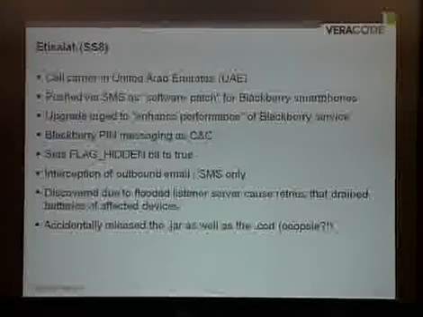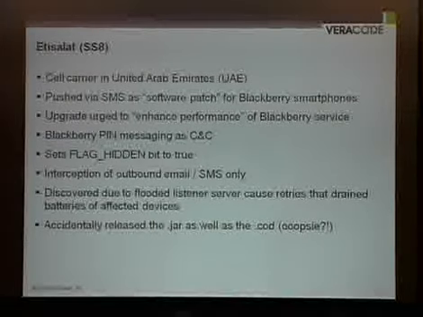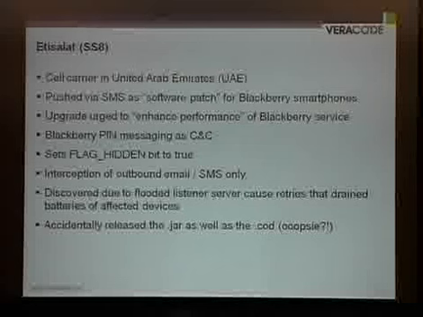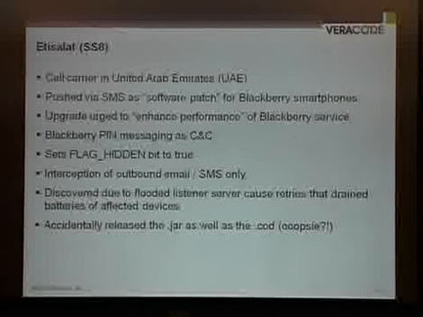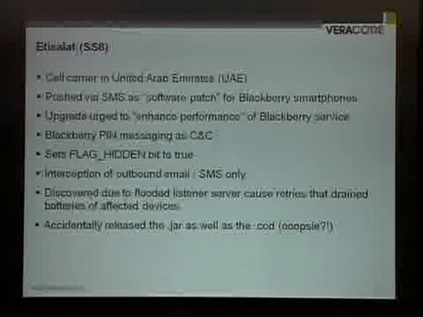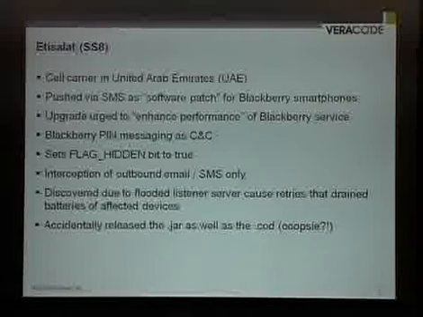So let's look at some more practical examples. I can't say the name of this carrier, Etisalat. I don't know how to pronounce it. Etisalat, thank you. Etisalat is a cell carrier in the UAE, the United Arab Emirates. In July of last year, it pushed a patch to their BlackBerry users that was supposed to enhance the performance of your phone,